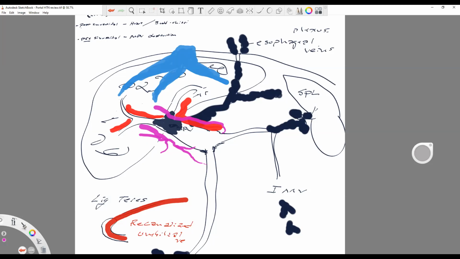And this phenomenon is pre-sinusoidal, it's before the liver, and the phenomenon itself is called